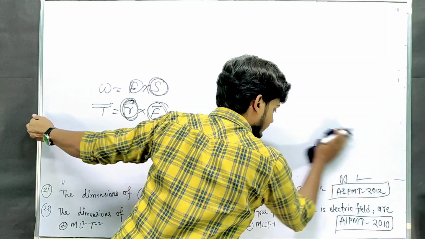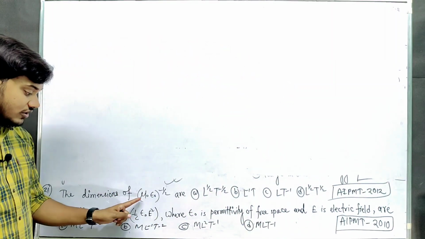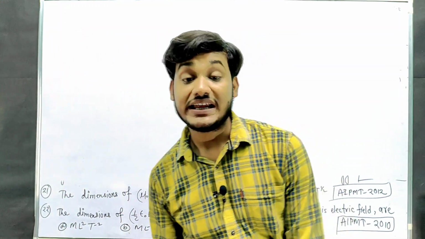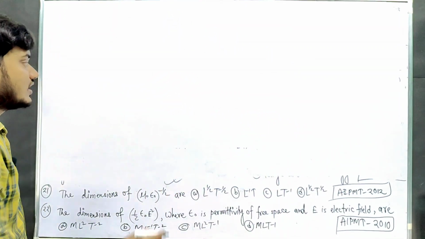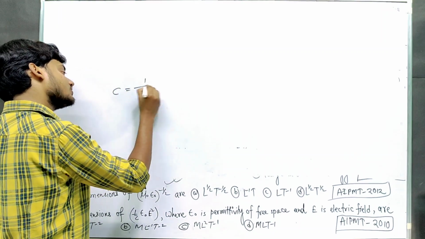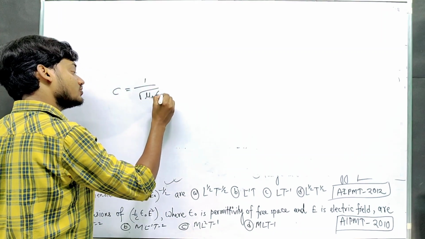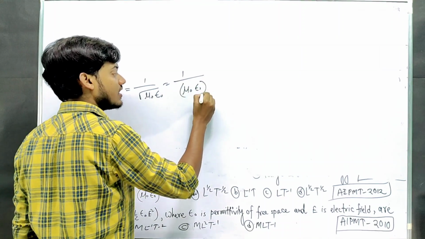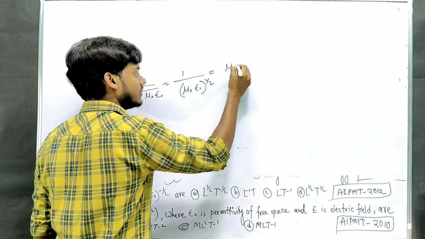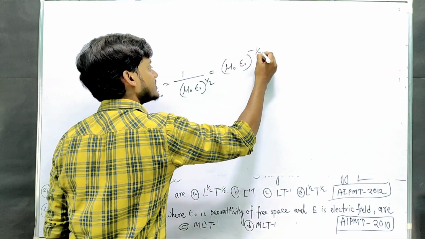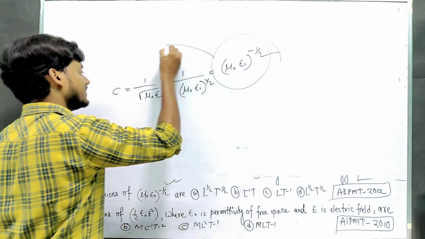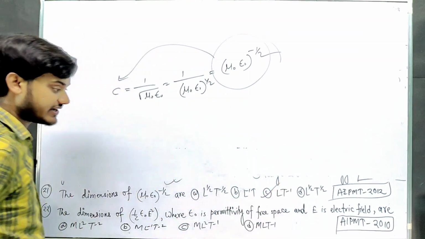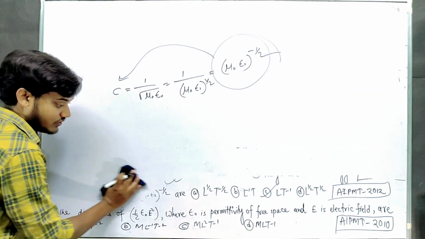Next, the dimension of mu naught epsilon naught to the power minus half. This is the question from class 12 electromagnetic wave. We know the velocity of wave in vacuum, c equals 1 by root over mu naught epsilon naught, yes or no, root means to the power half. Now we can write mu naught epsilon naught to the power minus half, so this represents c, velocity, so LT inverse, option C is the right answer, ठीक है।